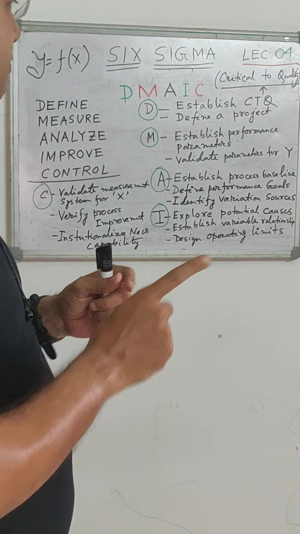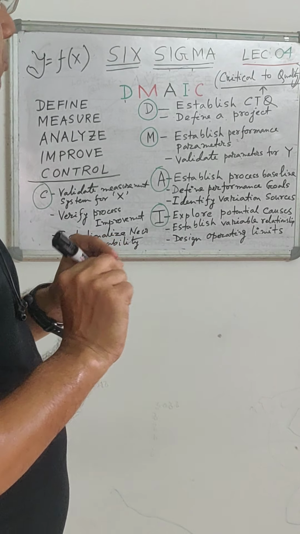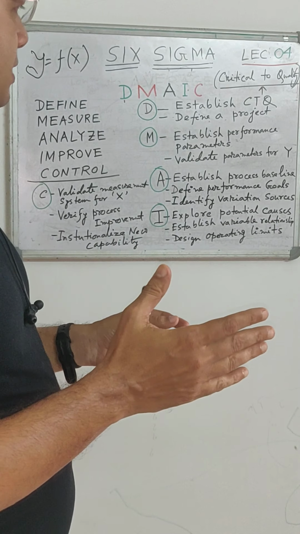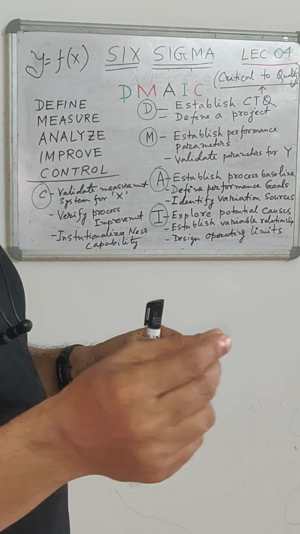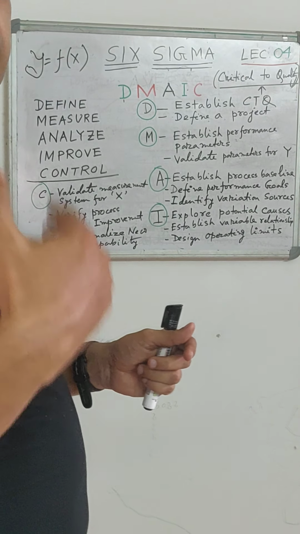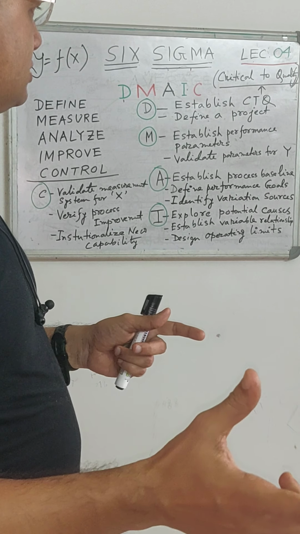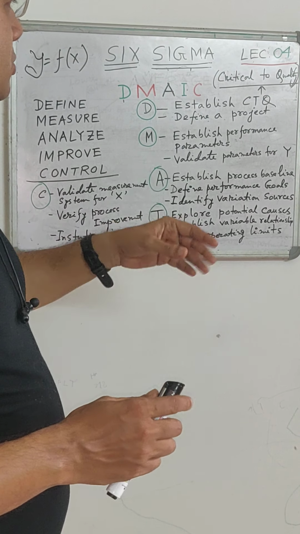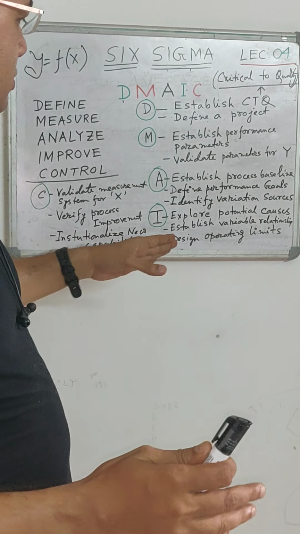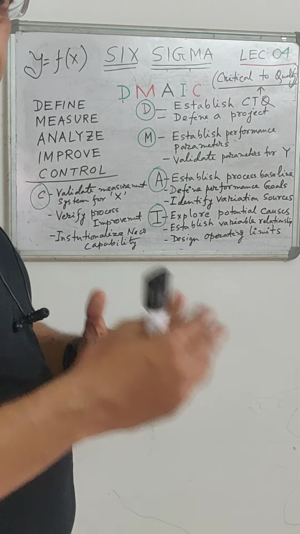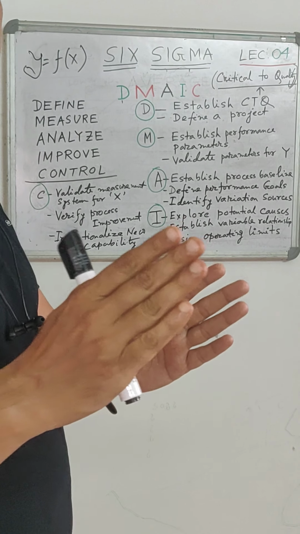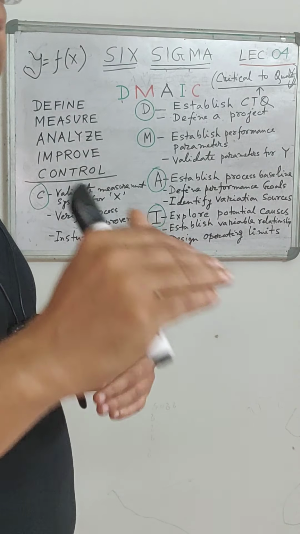So in summary, we'll define a project which is high impacting to my product or service. Measure what the inputs are for my final product. Whether the measurement is there or not; if it is not there, we need to install instruments or some methodology to measure. Then analyze to establish the relationship between X and Y, input versus output. Then I need to vary X to regulate Y and establish my process boundaries: what is my boundary of X to get that desired Y.